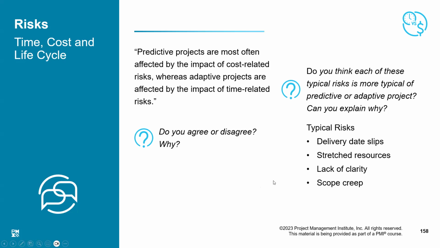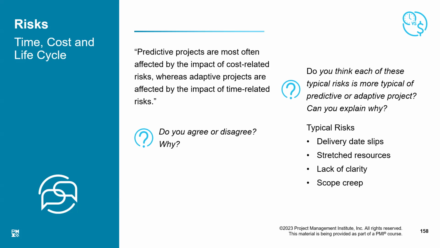So, for example, the first one, the delivery date slips, they are for adaptive. Because time related, well, right? You see, date slip, how is it adaptive? Because there is no concept of date slip in Agile. In Agile, we have got a fixed time frame of 1 or 2 weeks, and whatever we can do in that 2 weeks, that is our decision, right? So we are not slipping the time. Either we do it or we don't do it. We don't slip on time.